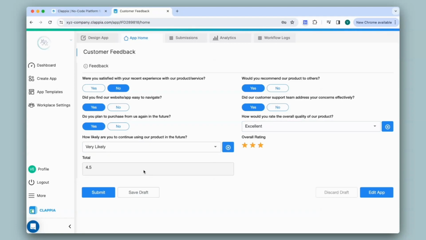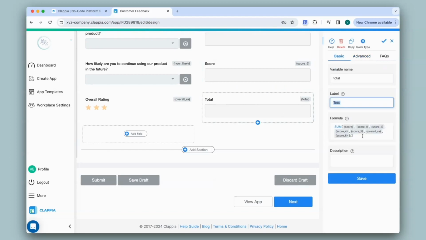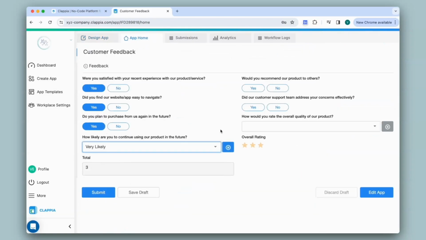For example, if I were to change this back to 10, back to just the sum. So for this field, I'll remove divided by 2. And the total is 10. Now if the overall feedback is 6 and below, I would like to capture additional comments and need for improvement from the customer. But if it is 7 and above, then I will just add an extra comments field.